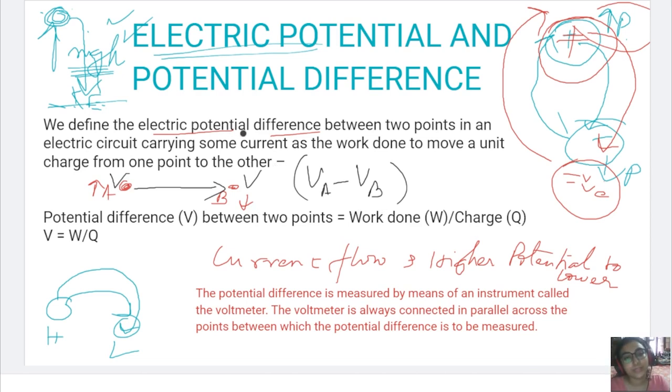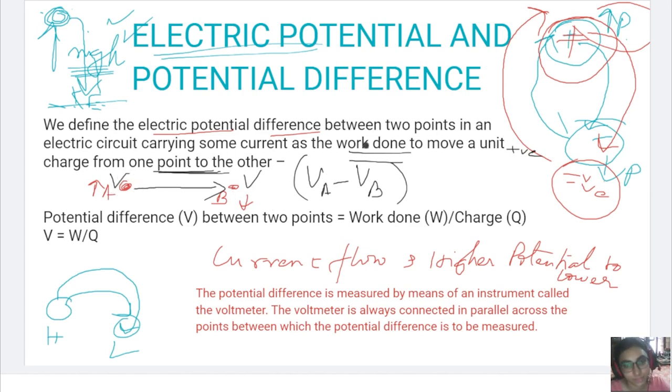So we define electrical potential between 2 points in an electric circuit carrying some current as the work done to move a unit charge from one point to another. So the work that you are doing, or the energy that you are spending in moving one unit charge, in this case one unit positive charge, from higher potential to lower potential, from one point to another,